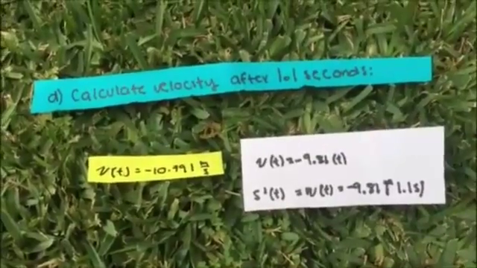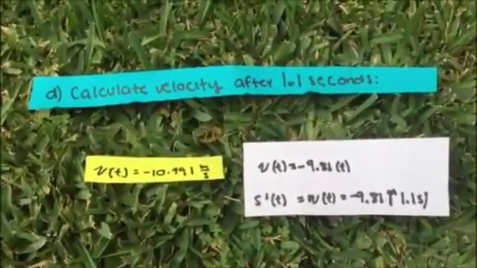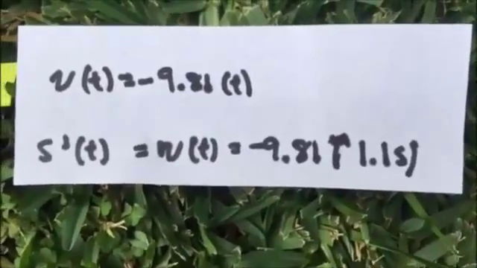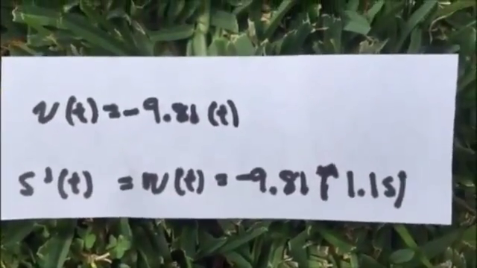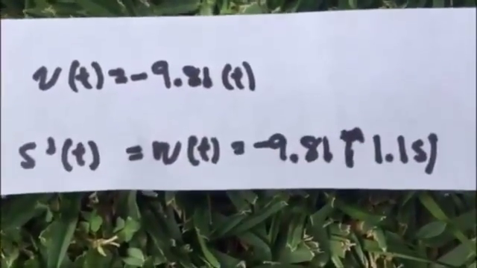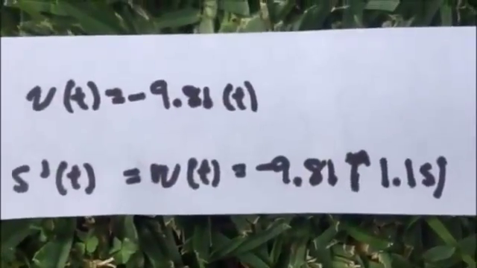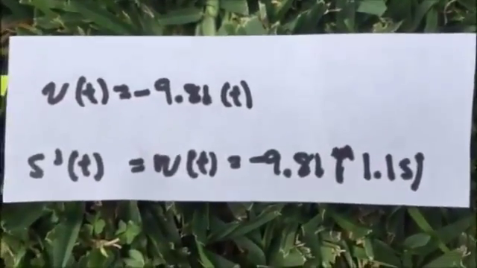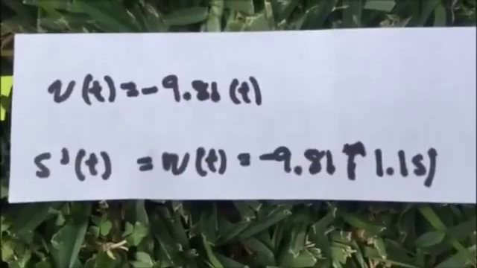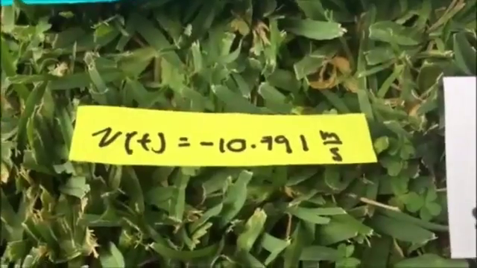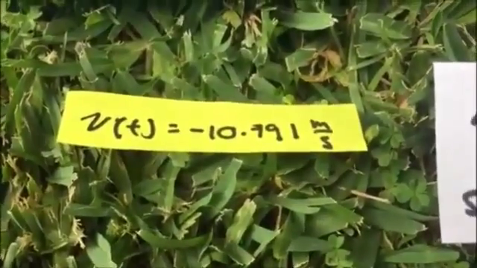Point D. Calculate the velocity of the book after 1.1 seconds. By using our velocity function, we substitute the value of time to 1.1 seconds into the function of velocity of time equals minus 9.81 times 1.1 seconds. So the result of the velocity after 1.1 seconds is going to be minus